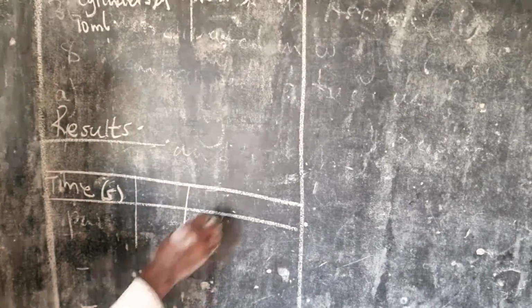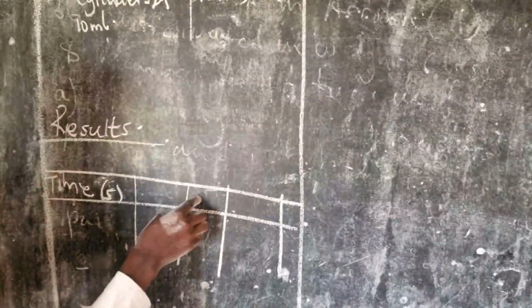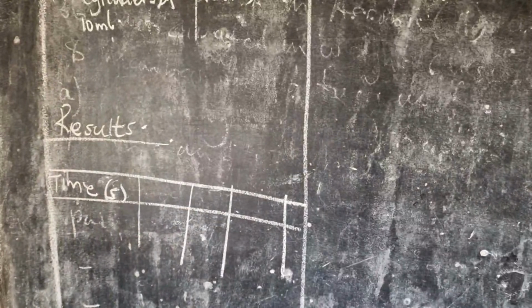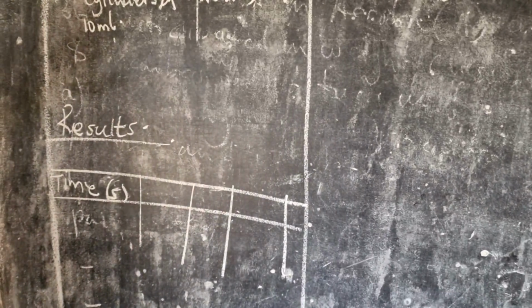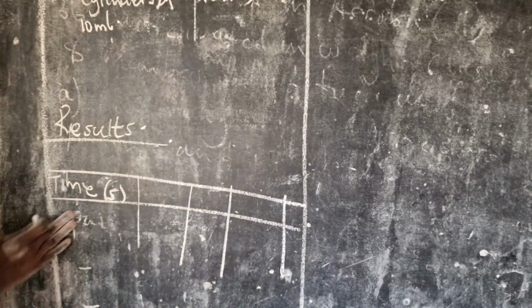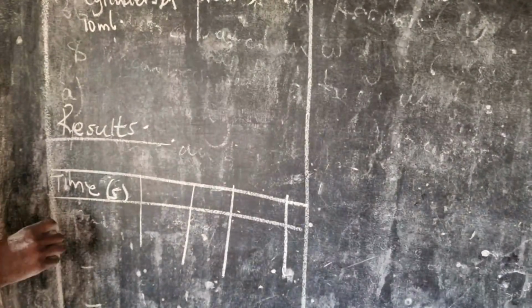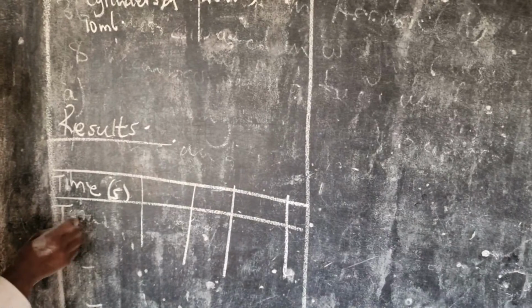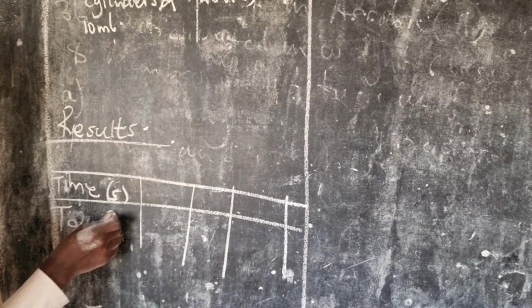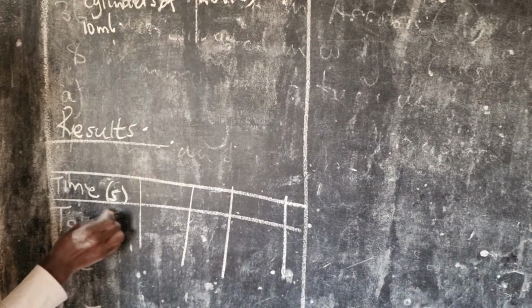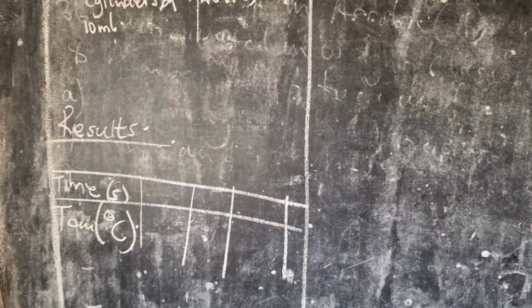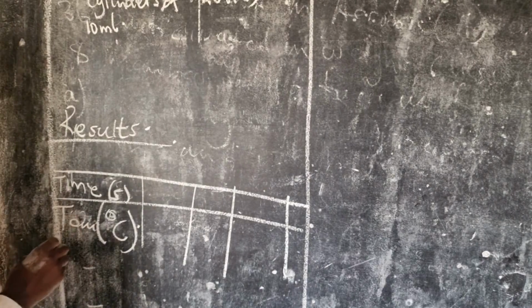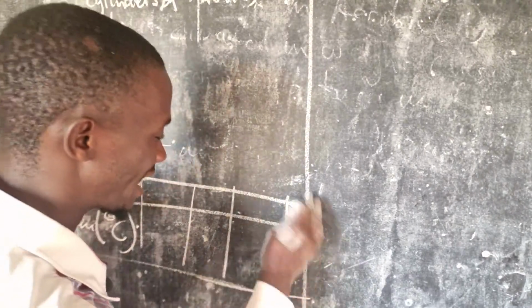Then he presents the variables this someone used. We shall do a number of examples to try out so that we can get to know. And then the expected dependent variable, for example, the temperature of the solution in degrees Celsius. So the results are always represented in a table.